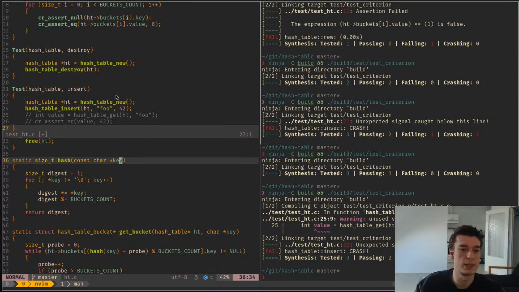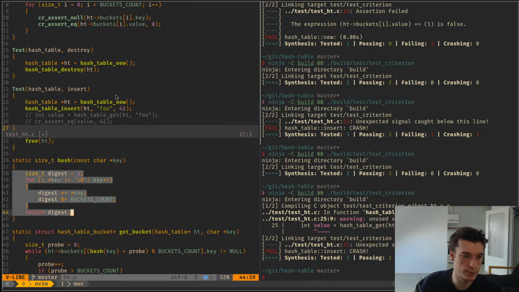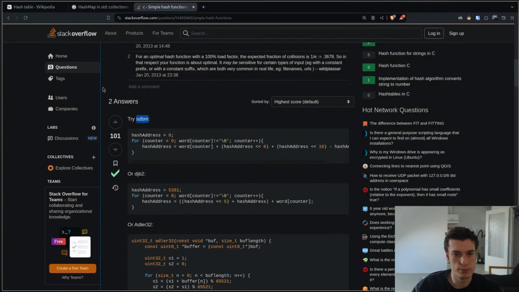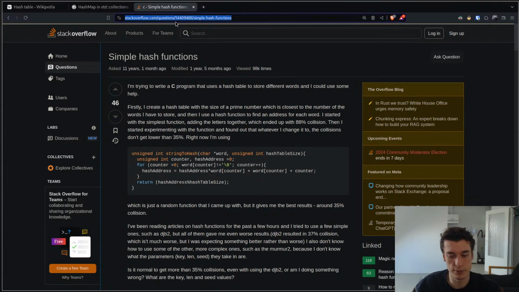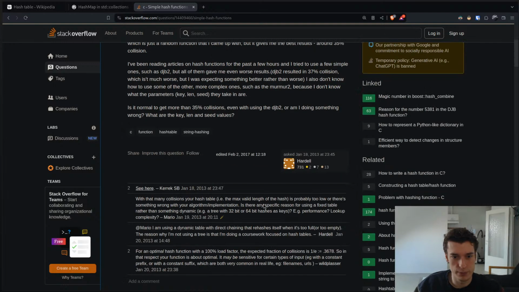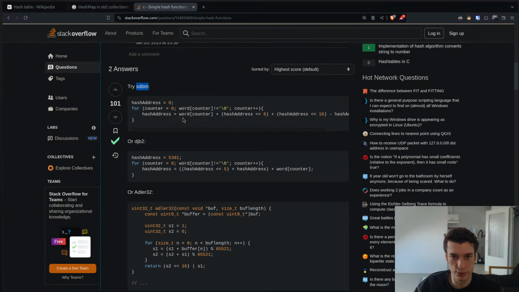Yeah, I do. But it's a handmade one, since I'm just doing this for educational purposes. So this is my hashing function. I just multiply all the characters in my string and then modulo the length of the array for now. So yeah, pretty shitty hash function. But I was just reading this Stack Overflow post that shows simpler but better hash functions. And yeah, maybe what about collision? Yeah, for collision, I'm doing